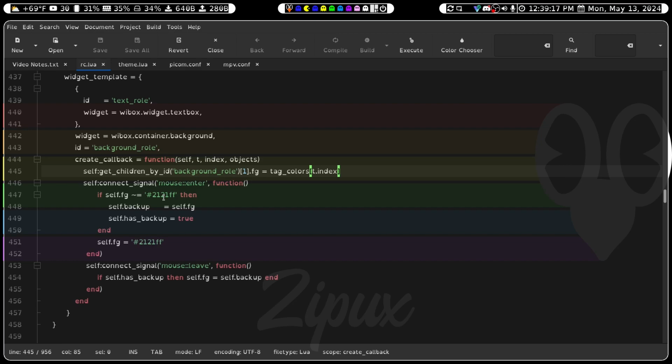Self.has_backup is equal to true. And then we're going to end that if statement. And we set self.fg equal to that blue color. And then we ended that function. And then we set up another connect signal to self, where on the mouse leave, we set up a function